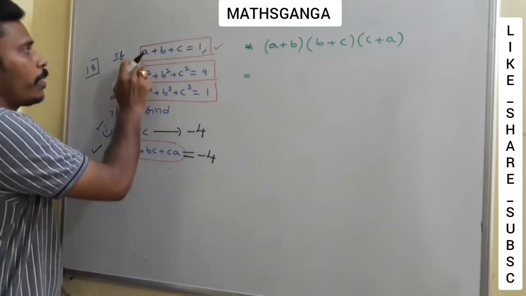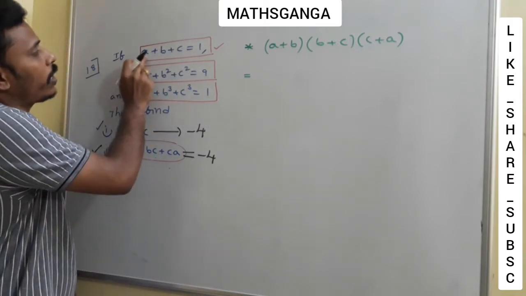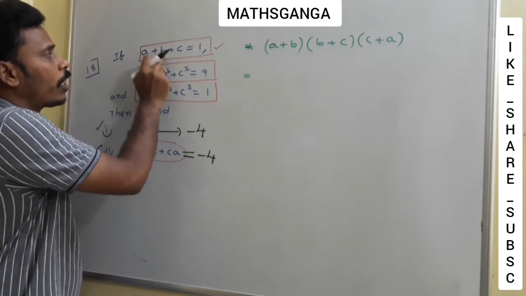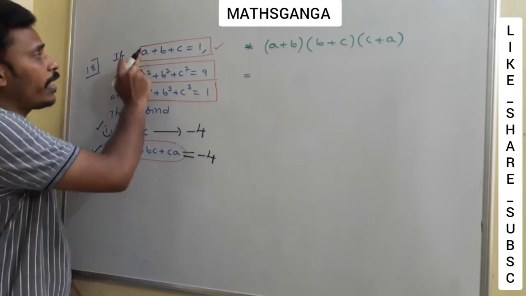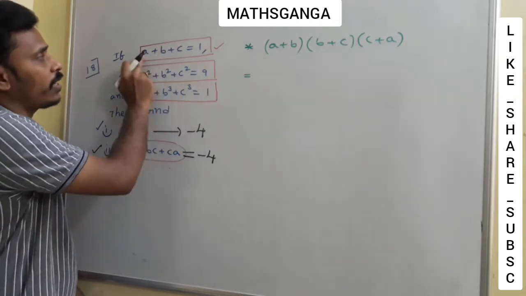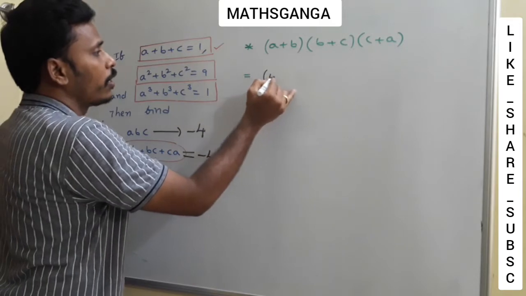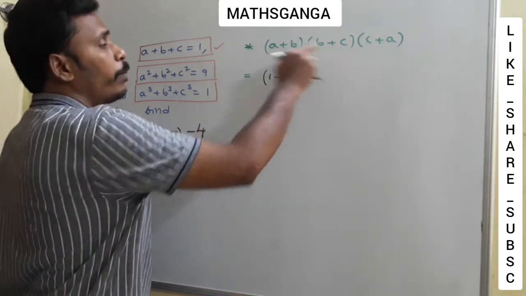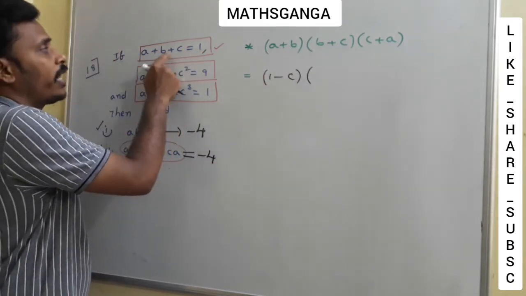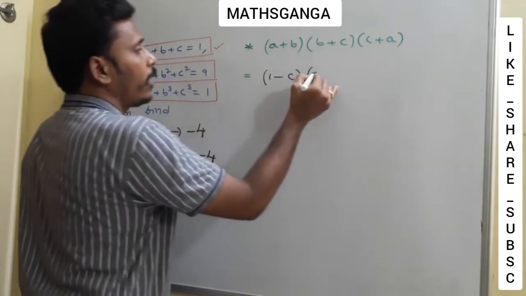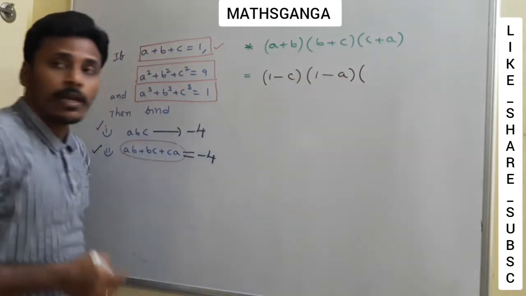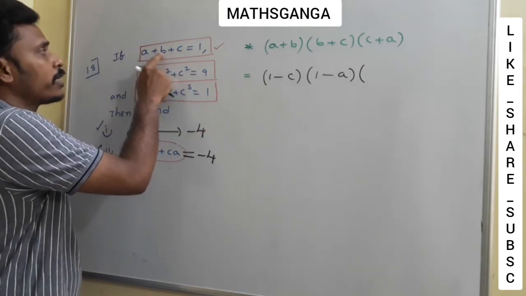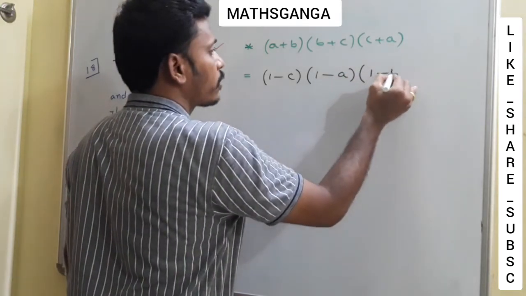My idea is a plus b plus c is 1. So what you say that a plus b, once again I am repeating, a plus b plus c is 1. Then what you say about a plus b? See, this a plus b you need, then send this c that side, then this a plus b is nothing but 1 minus c, right? So this a plus b is 1 minus c. Any doubt? So now b plus c. A plus b plus c is 1. I need b plus c. So send this a that side. It becomes 1 minus a. And then c plus a. A plus b plus c is 1. I need a and c. So send this b that side, which is 1 minus b.